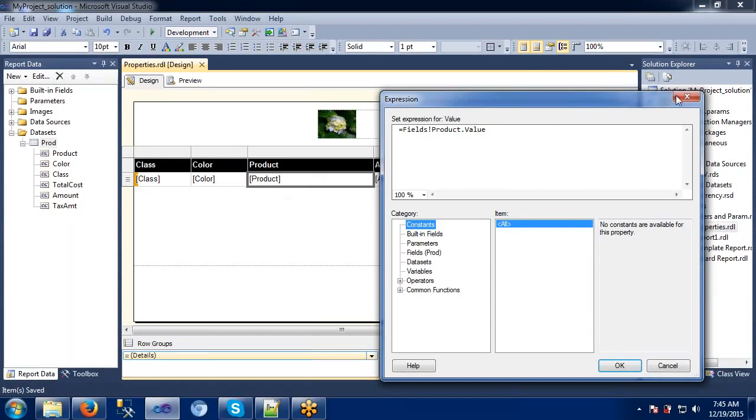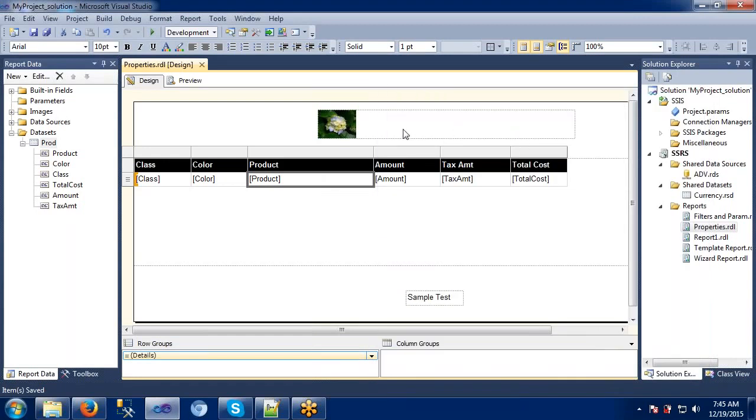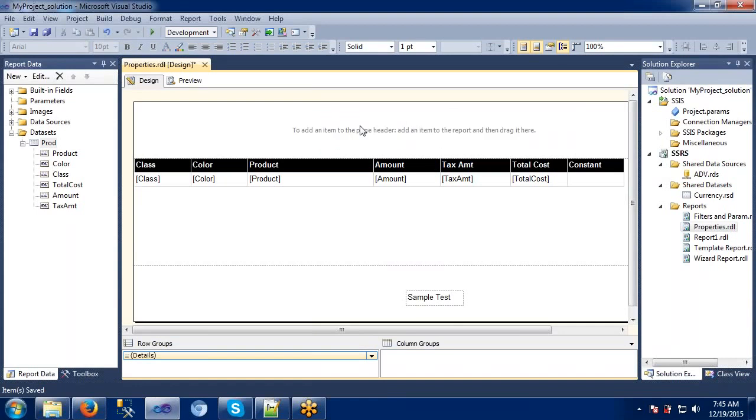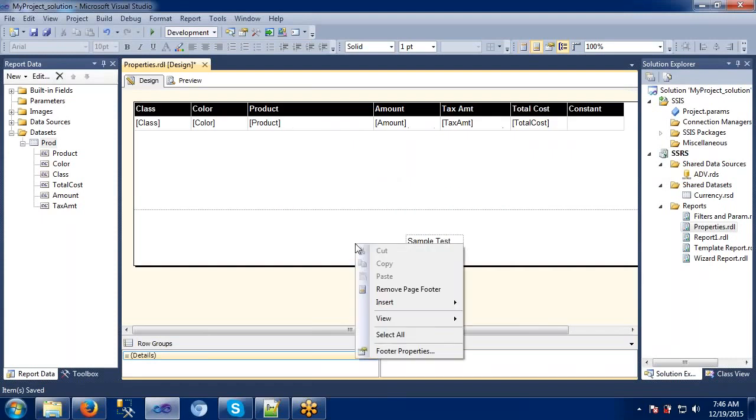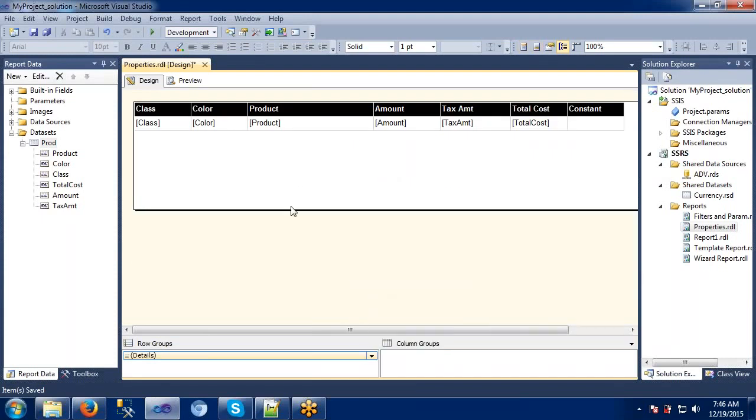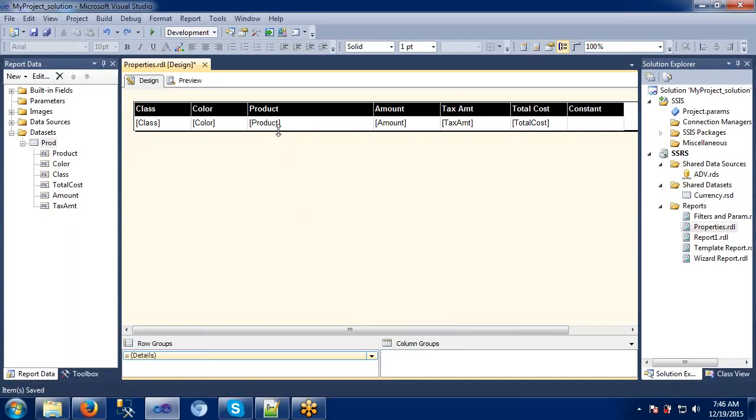So to use this constant, I would like to add a column here, constant, and I would like to remove this one because I don't need all these things, header and footer actually. Remove the page header. If needed, I will add it, just to make sure that you are very clear on what we are doing.